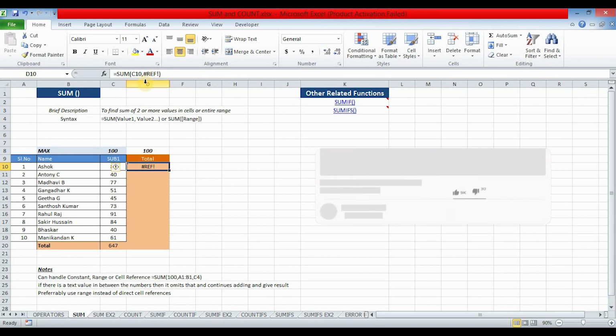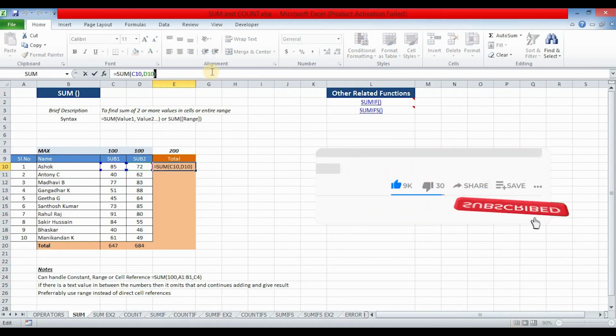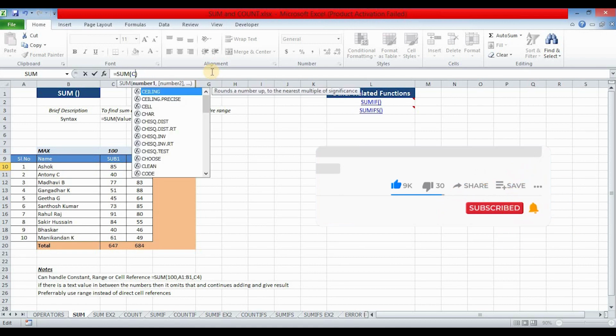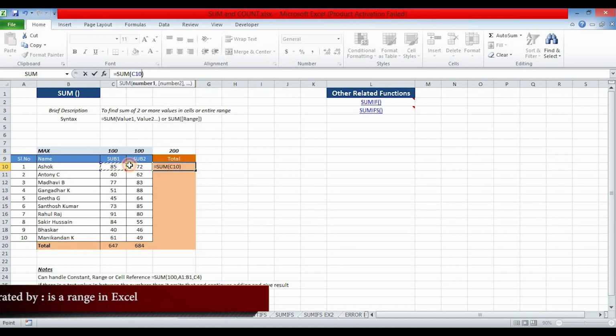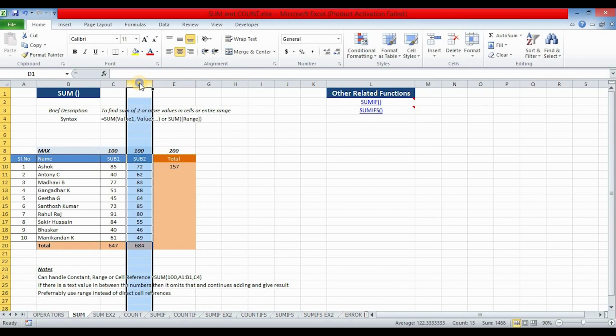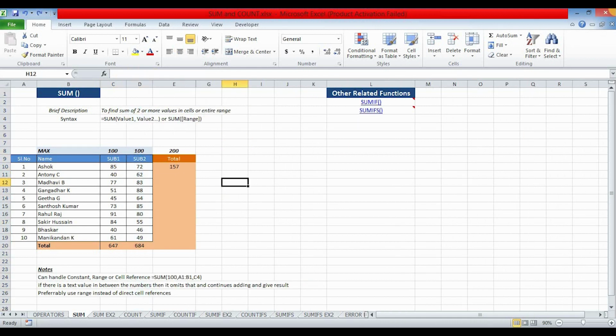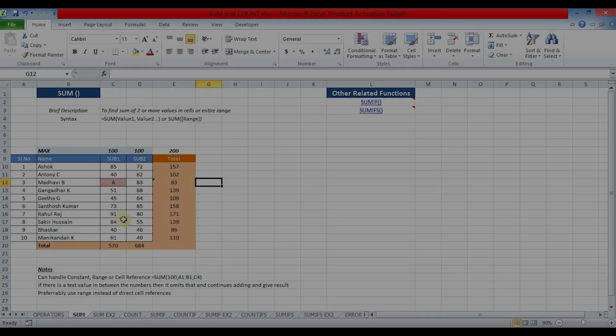So to rectify that, don't use individual cell references, instead use range reference. That is, just drag, so you can see a colon in between C10 and D10. That means it's a range. So sum of C10 to D10 will also give the same result, but if you delete one of the columns, still you won't get any error. Instead it will give you the one value which is remaining, that is 85. This is one point which you can keep in mind, and it will be useful in your future work. I hope this much is clear.